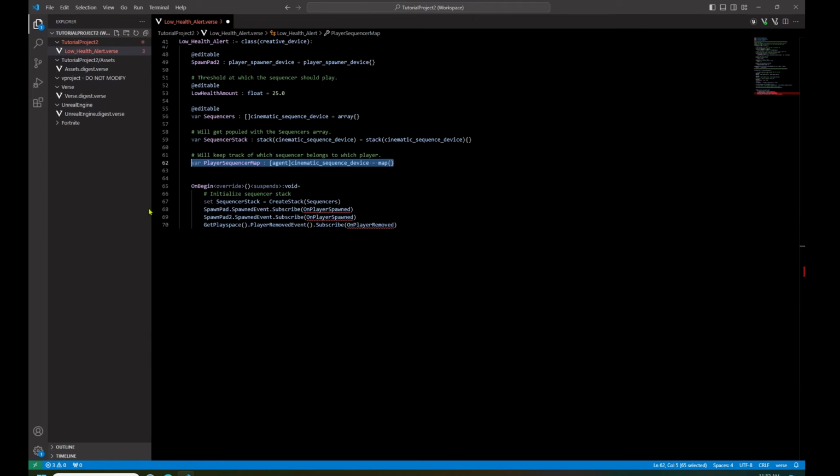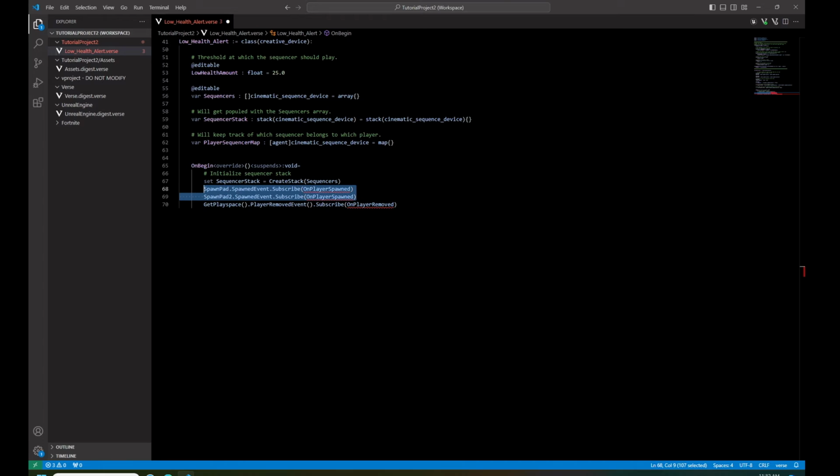In the on begin, we're going to first create our stack. This is basically taking the array that we created and then creating a stack from that array. We're then going to monitor spawn pad events. And when spawns happen,